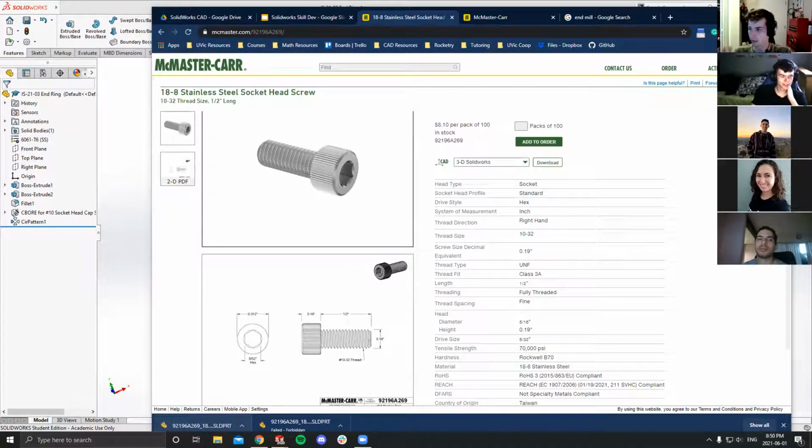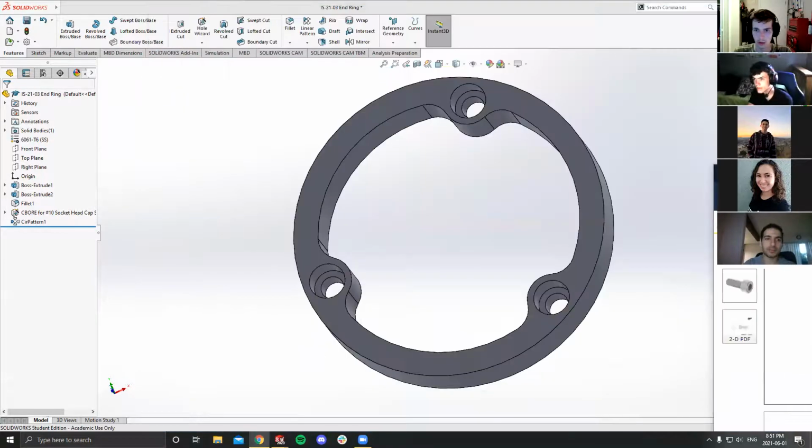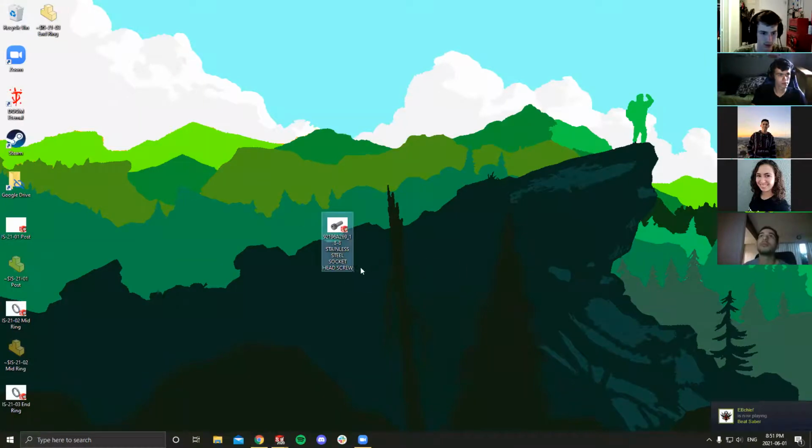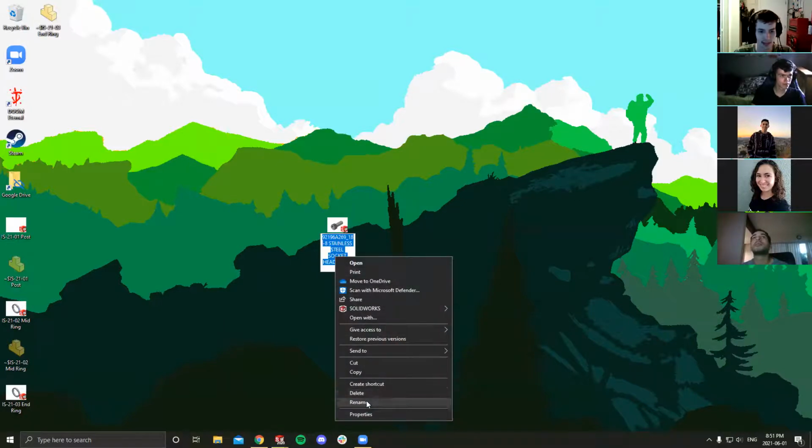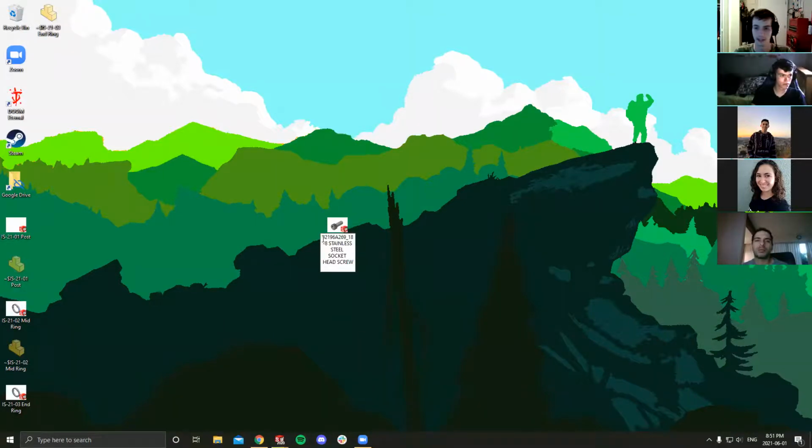We're gonna need multiple of those, but we only need to download one CAD file. Make sure you guys rename. You can rename it on the home screen or while you're saving the file, because we haven't actually used this in anything. I don't recommend it if your part is already in an assembly, because then you have to go chasing references. However, we haven't used it yet, so we are free to do Z-part number, and then that is a